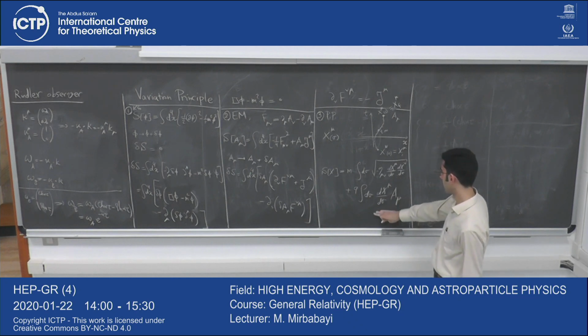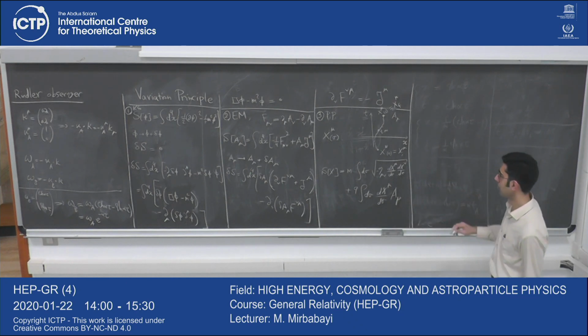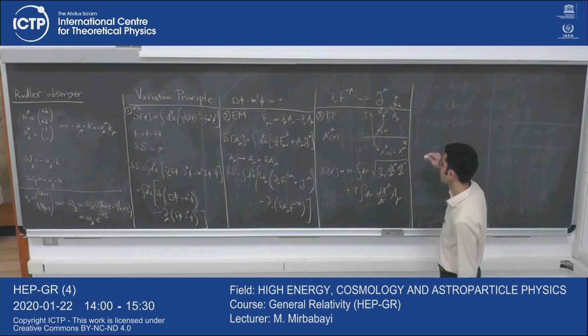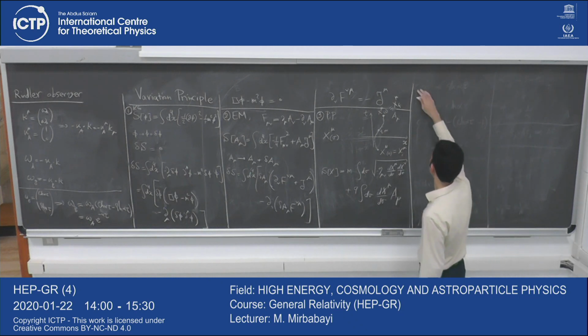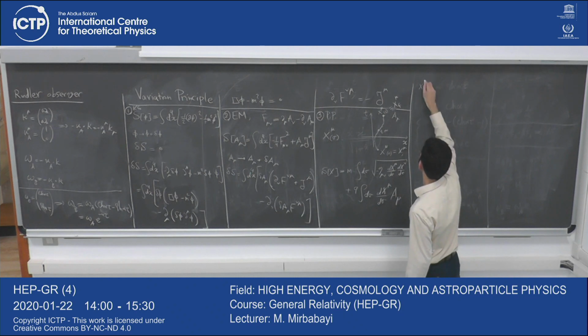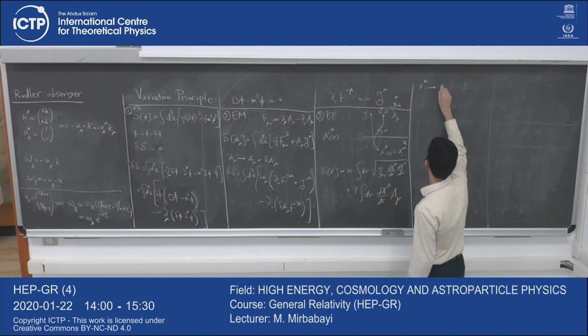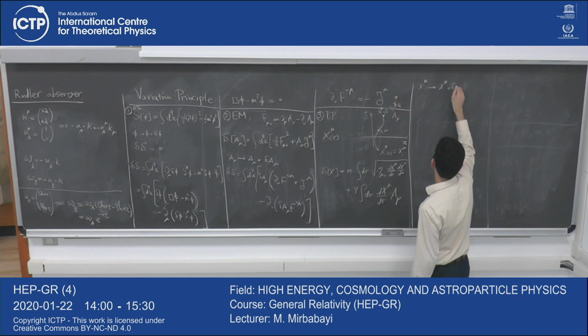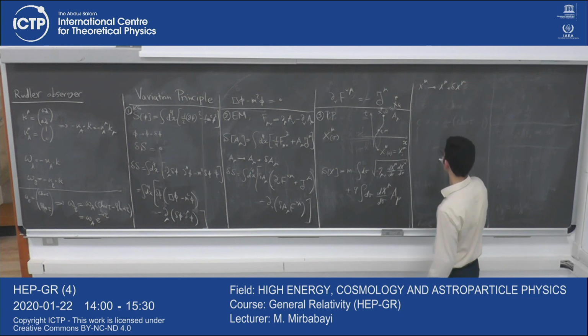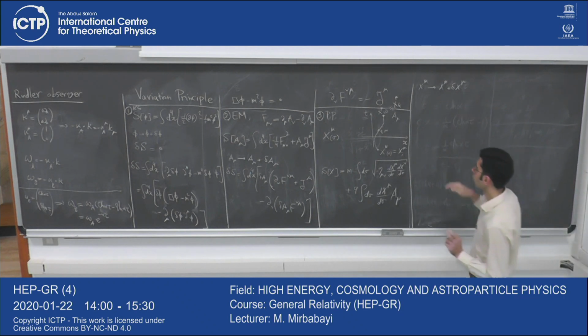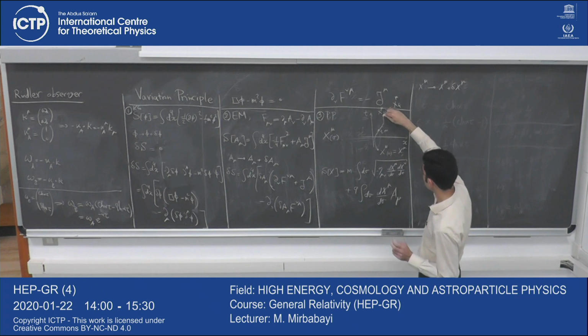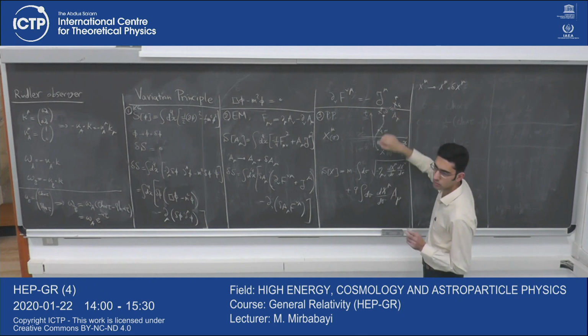Okay, so now if we have this action, we can again do the variation of the action to derive an equation of motion for it. So we follow again the same rules. x^μ goes to x^μ plus δx^μ, and δx^μ is arbitrary but localized. Localized here means that it vanishes at the boundaries of this interval. So we don't